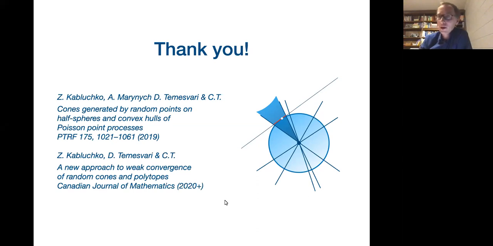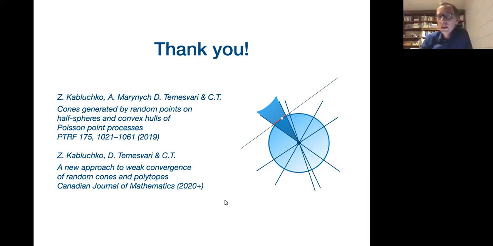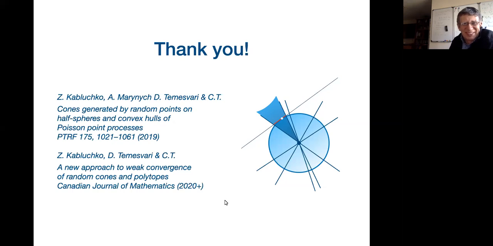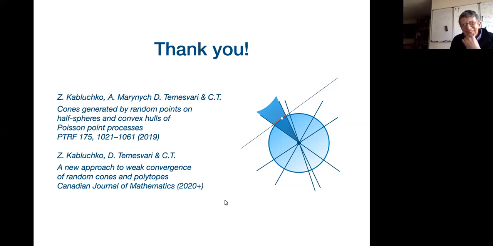Especially because you have to develop a method to attack weak convergence of these polytopes, and this was the most technical part. But on an intuitive level, that is absolutely true. On a small scale, you neglect curvature, and what happens is what happens in Euclidean space. Probably for physicists, that would be the proof. Unfortunately, the proof is much more complicated.